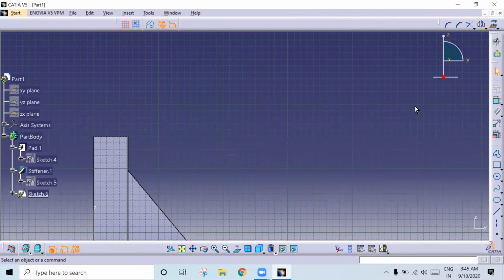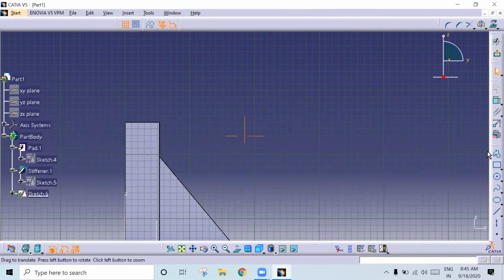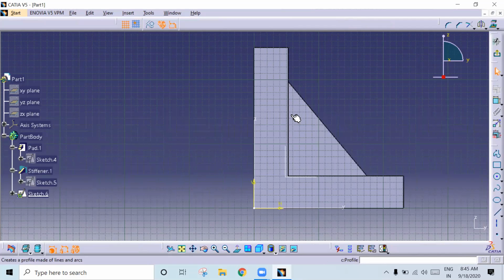Once you give okay, here again we can create a stiffener. Position sketch, wait, double click this, select this, right click coincidence. This, right click coincidence and exit.